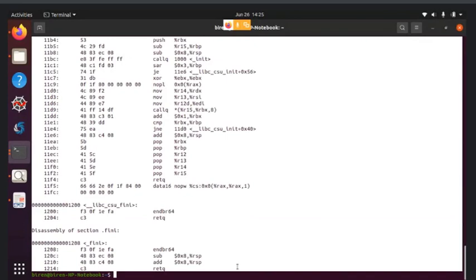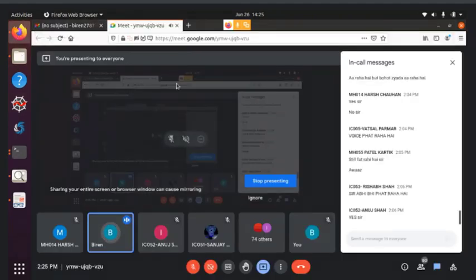So I hope your doubts are clear. How to determine the length of the code. Any other doubt in your syllabus, chapter 15? Rest, we are going to stop here because your syllabus is over.